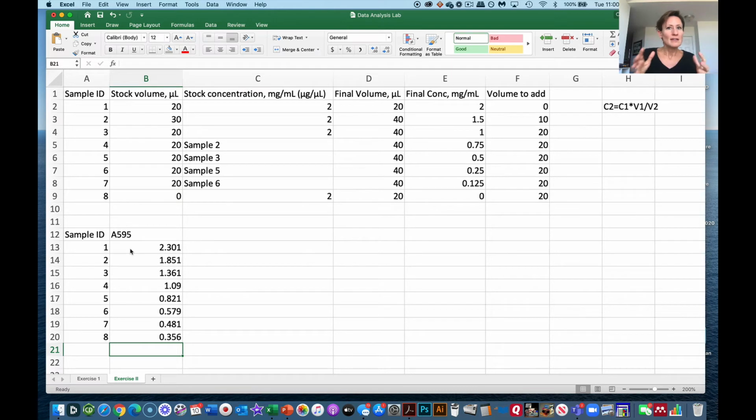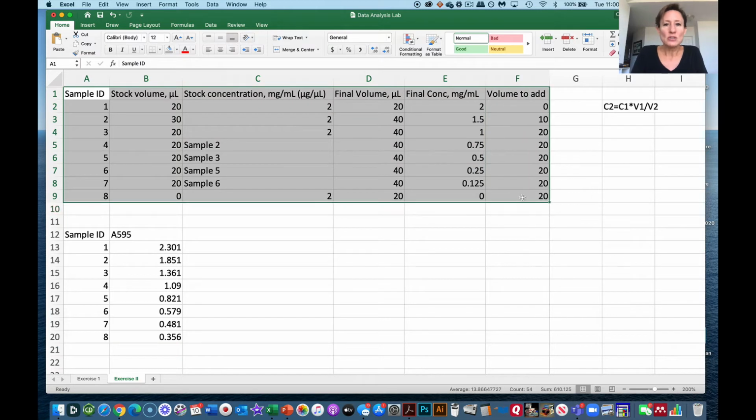So again, just to have you understand where this information comes from, we made up a series of 8 solutions that have different concentrations. Could you try again? Sorry, Siri. We made up a